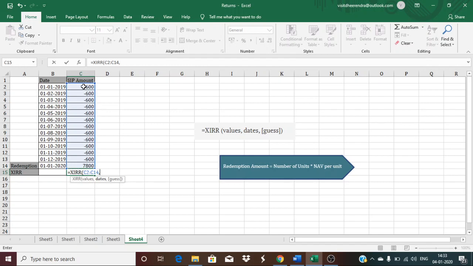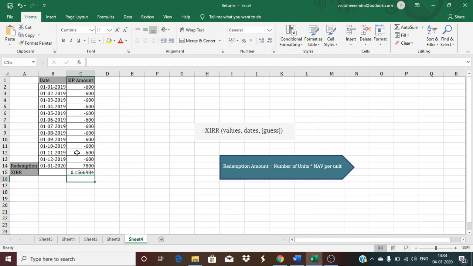Next it is asking for dates, so the dates when the investments were made. The first investment was made on 1st of January, so I select that, then I drag till 13, and then till B14, that is the redemption day. So I consider all, then close the bracket, and hit enter. So it is giving the XIRR